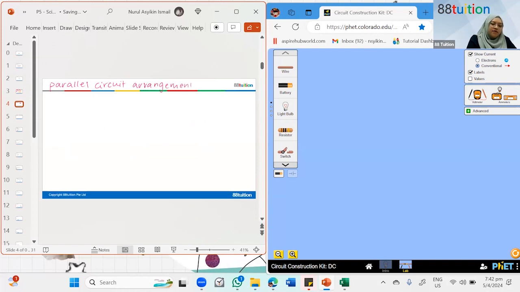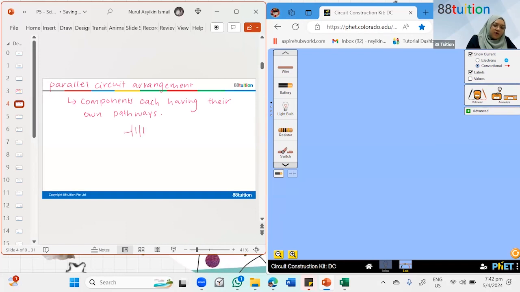Okay, then after that, let's go and write out our definition. For a parallel circuit arrangement, we have the components, each having their own pathways. Okay, no longer shared. Okay, so if I were to draw out an example of a parallel circuit, again, I